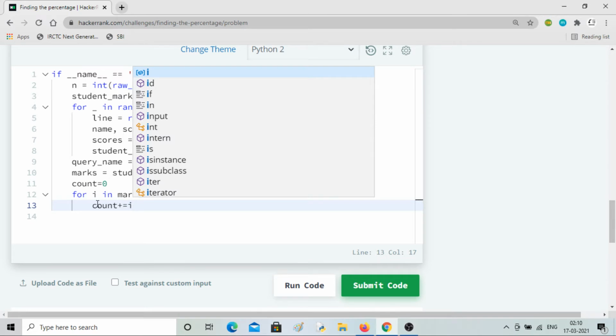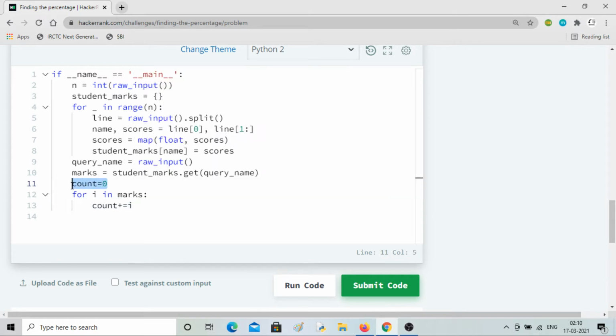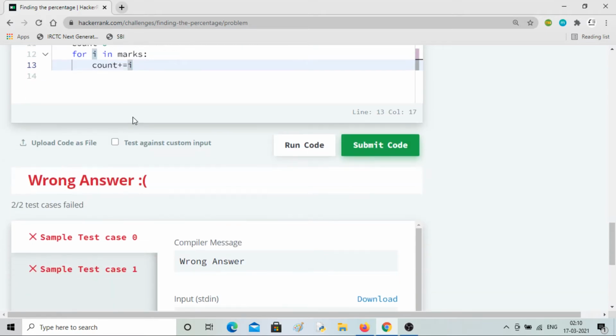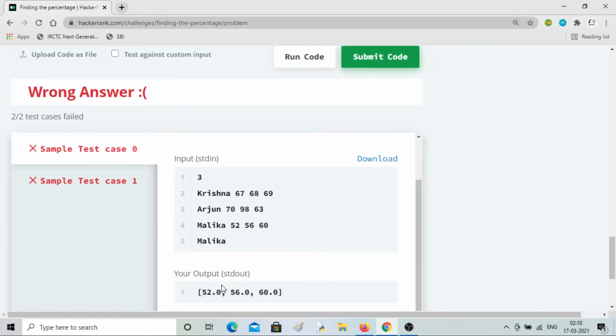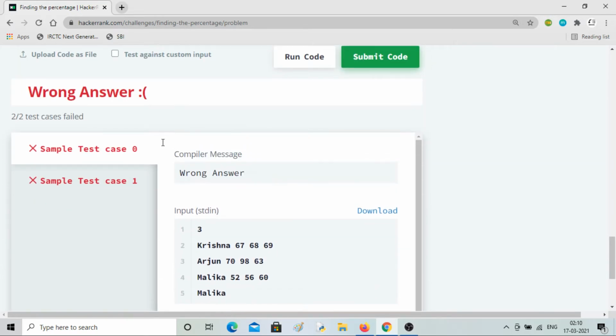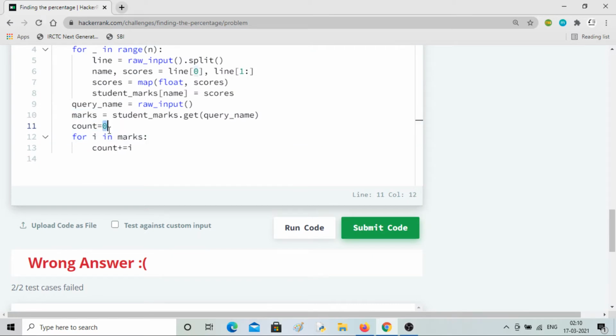Okay, so the count value is already 0, so it will keep on adding the values of marks. I will carry the marks: first 52 will be added to this 0 and then saved to the count. Okay, that's what these lines mean, it will keep on adding in itself.